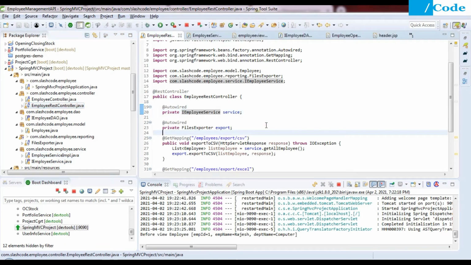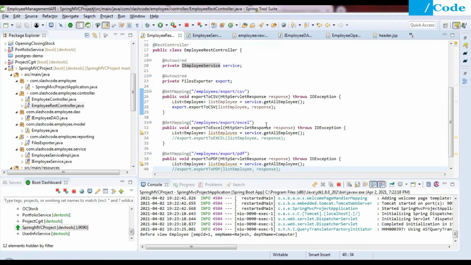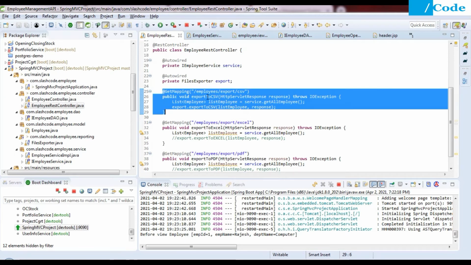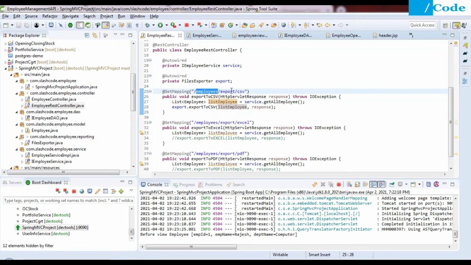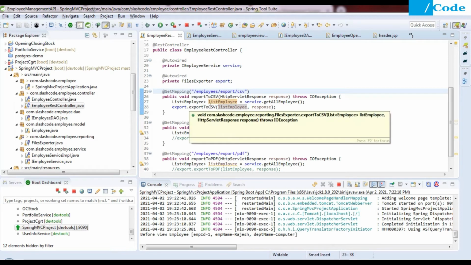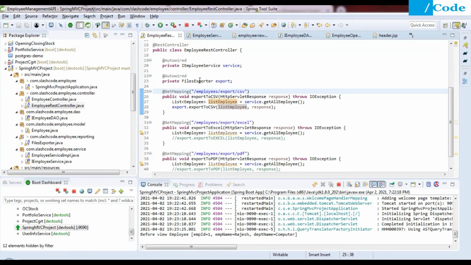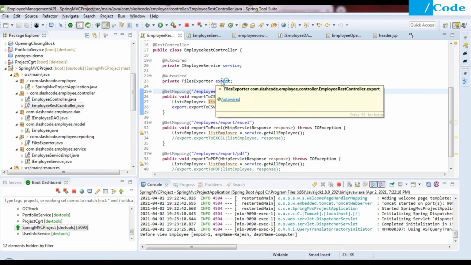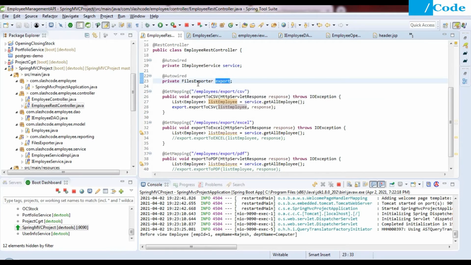So after this, as you can see, I have already created all these three methods, where once we get the mapping of this URL employee export CSV, then it will call this function, and this function will call the export to CSV function defined inside the file exporter. So with the file exporter reference we are calling the function defined in the file exporter.